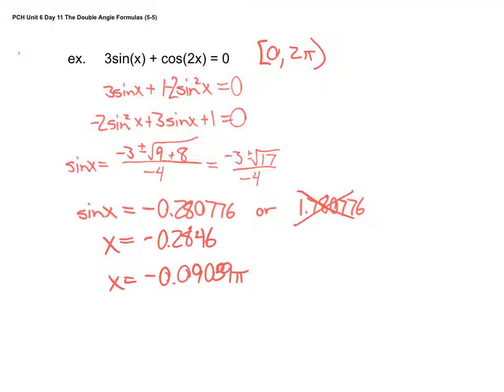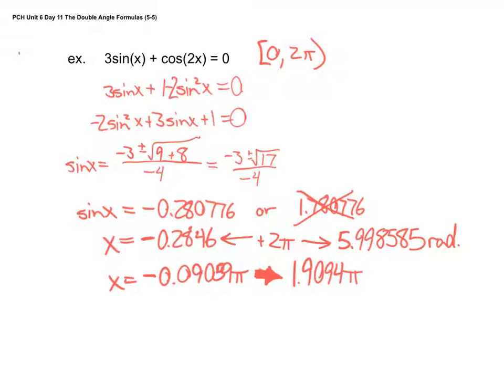Now, be careful, if you divided it by pi, this is just the coefficient of pi, so we would just add 2 here, and leave it in terms of pi. So that's going to be 1.9094 pi. You're adding 2 pi, so you do a whole circle. Alright, so